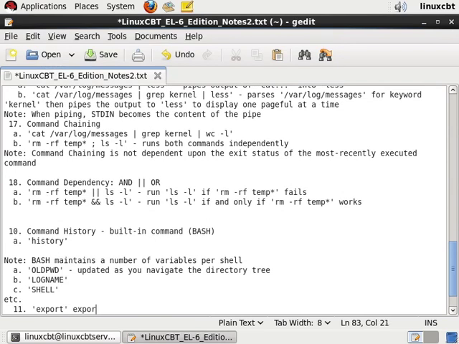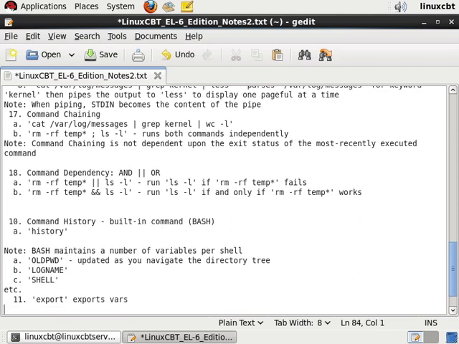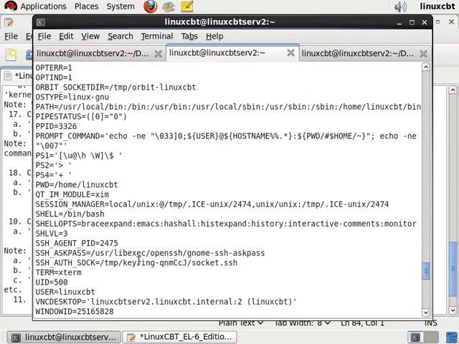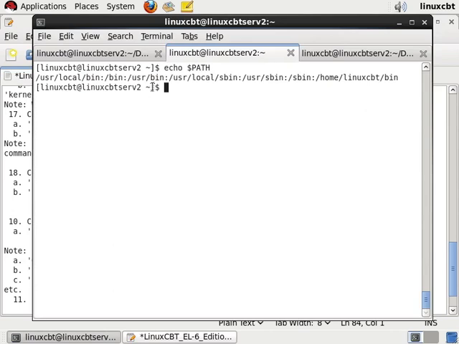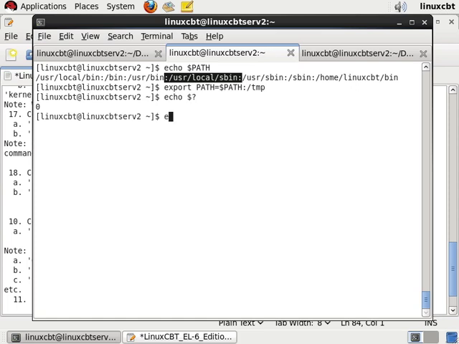Export exports variables. So supposing you wanted to update your path variable, let's echo path. So path contains the following, including /home/linuxcbt/bin. What if we wanted to include, let's say, /temp in the path? Well, we could then export PATH, setting it equal to the current path, colon as a delimiter, the same format you see here, :/temp. Echo the exit status, and now when we re-echo path, which is in our history, we